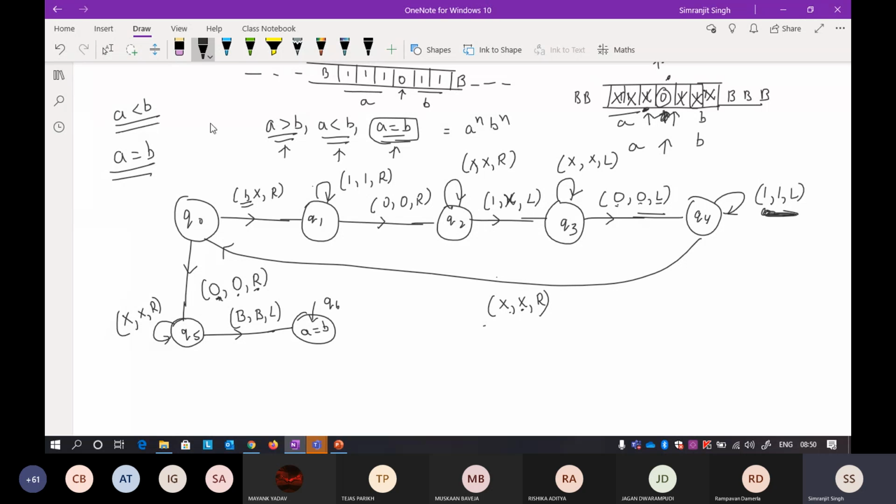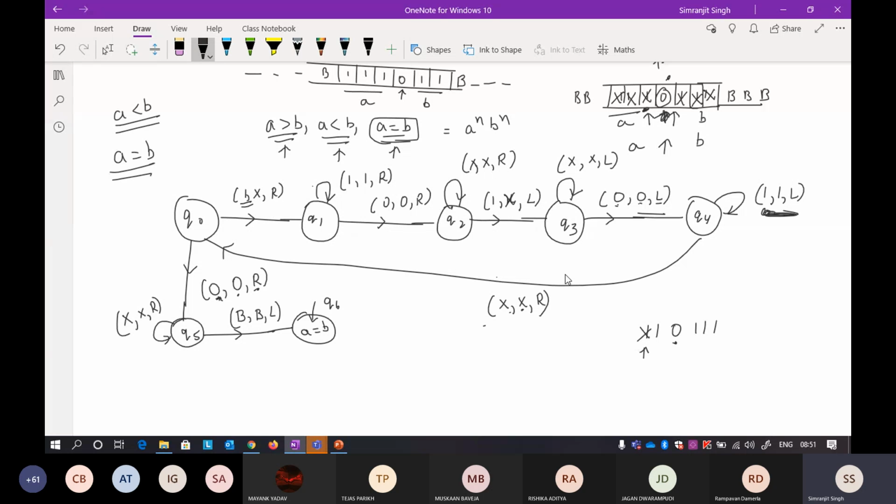Okay, so for A less than B, what will happen? It can happen that there are like two ones and then there is a 0. So then there are three ones. Okay, so that can happen. So again, first follow all the things that you are doing here. So first the pointer will be here and you change it to X, and you start moving towards the right. You will find any number of ones, keep moving right.